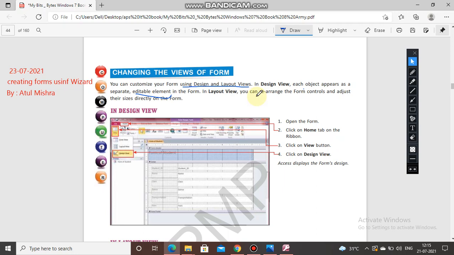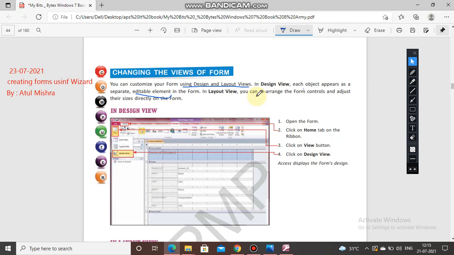So now it's time for the exercise session, and in self-evaluation, the things which we had studied are given over here. I know that the data gets highlighted after being selected. Yes, it gets highlighted. I know that the find option is used to search a piece of records in tables, queries and forms. That is also true. Sorting means arranging the records in a particular order, ascending or descending, A to Z, Z to A, that we had seen. Filtering enables us to filter by multiple fields, specific criteria for as many fields as we like.